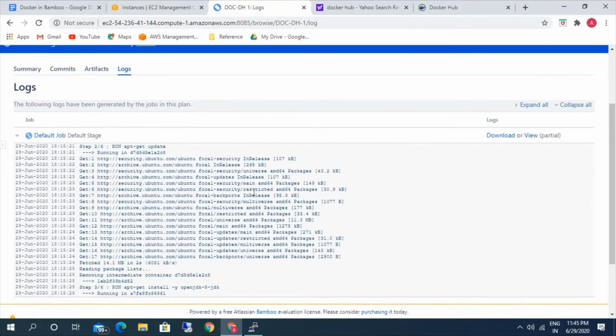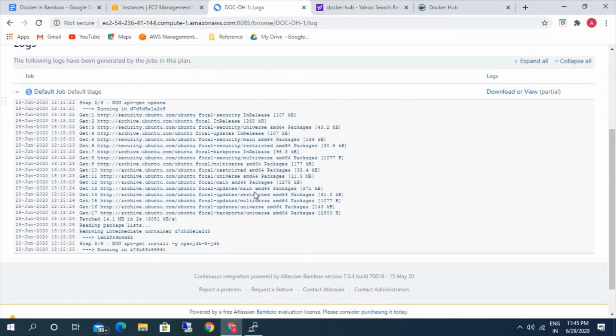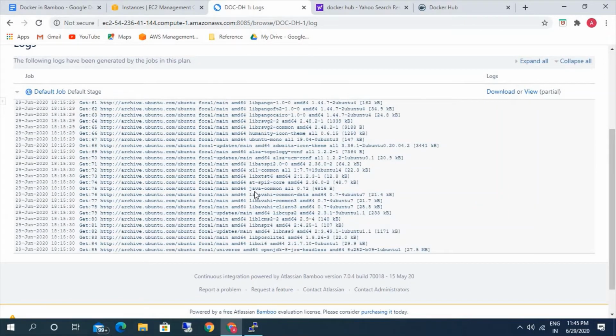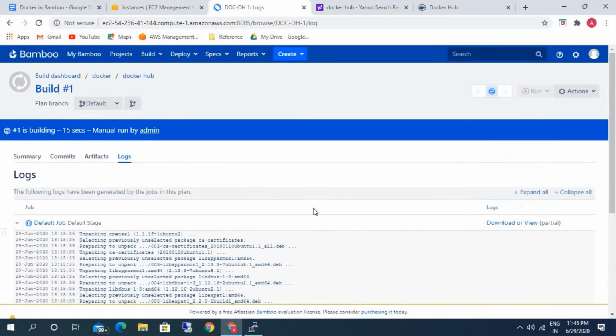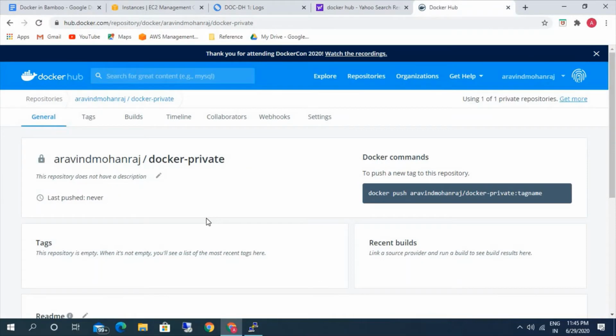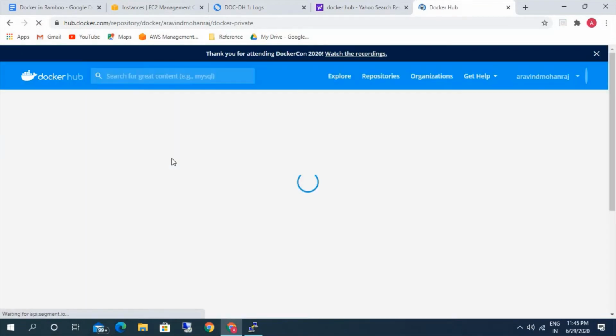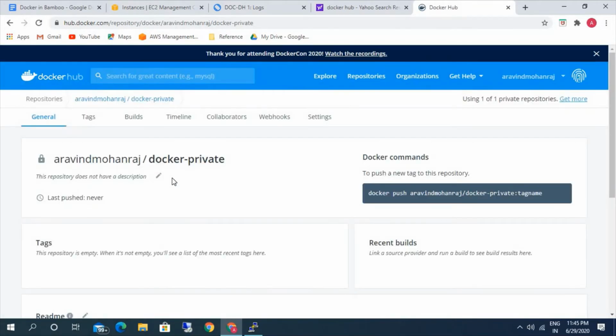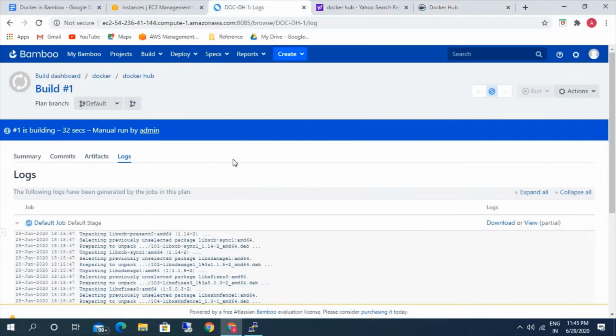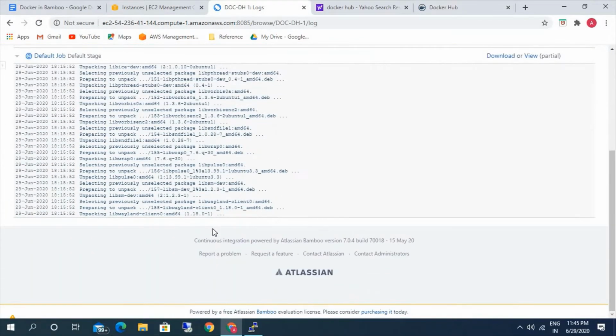You can check the logs. It's installing all the packages that are required. Once it gets updated, we can see the image here with the version. So it's updating now.